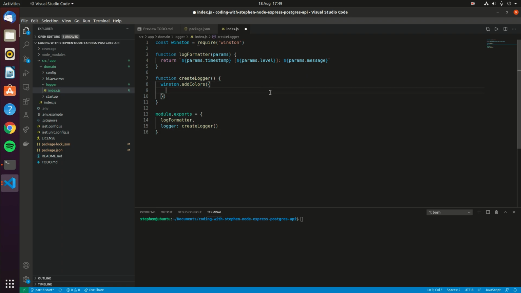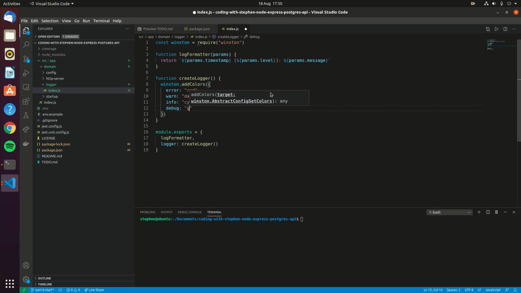So what you do here is we can pass in the different error levels that we're going to be working with, and we can assign them different colors, so that when they appear in the logs, they'll appear with these particular colors associated with them. So we've got red, dark red, and then for info we'll have cyan. And then lastly, we'll have debug logs, which will just come out as